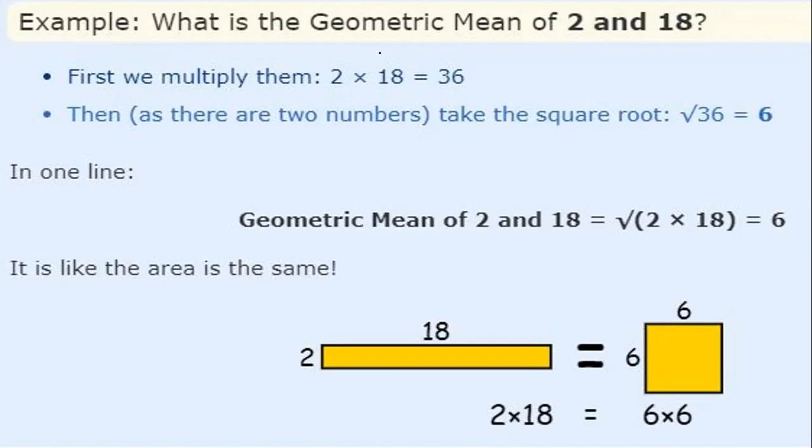And see, try to understand geometrically. If we have a rectangle with breadth and length as 2 and 18 respectively, we have to just convert this into a square with side 6, 6. So this is the logical thinking behind the geometry. But the things become more and more difficult as the number of observations increases from 2 to 3, 4, something like that. So the formula of geometric mean.